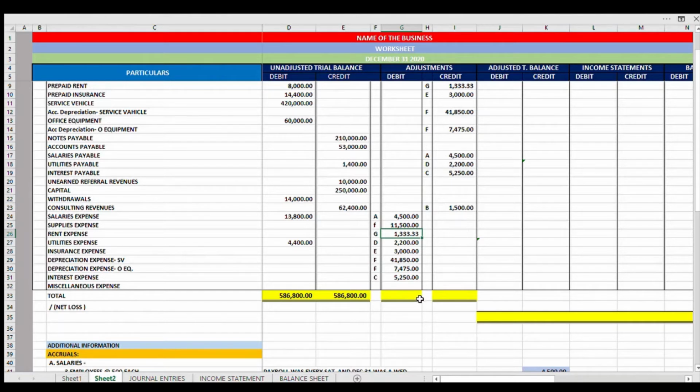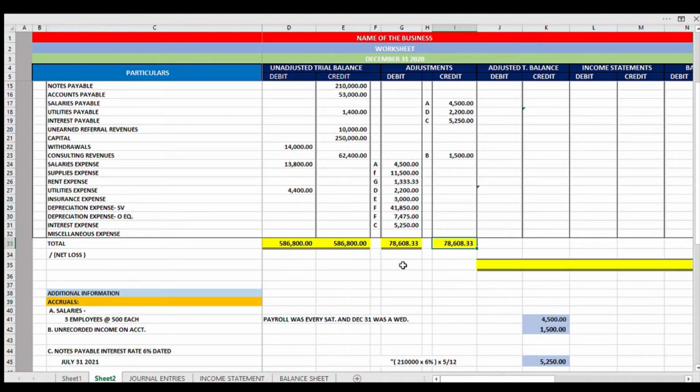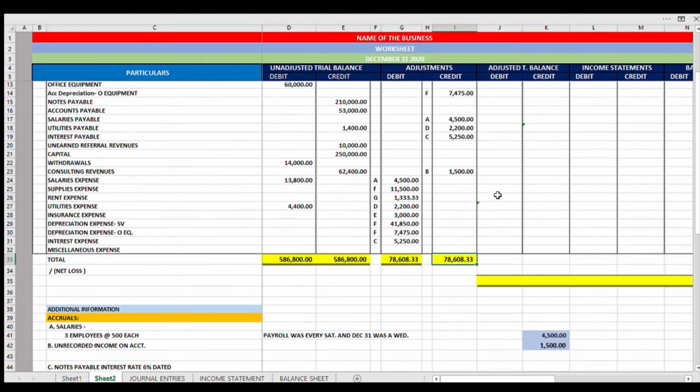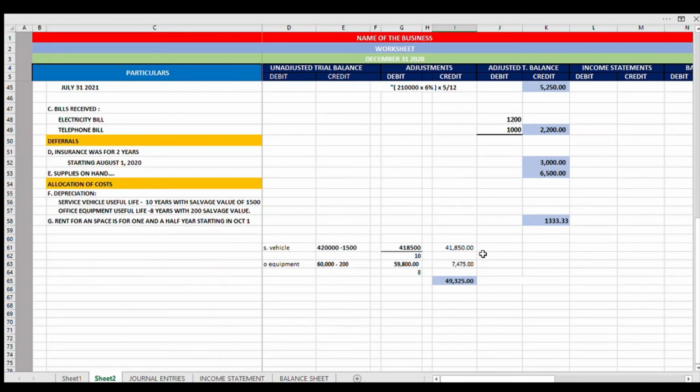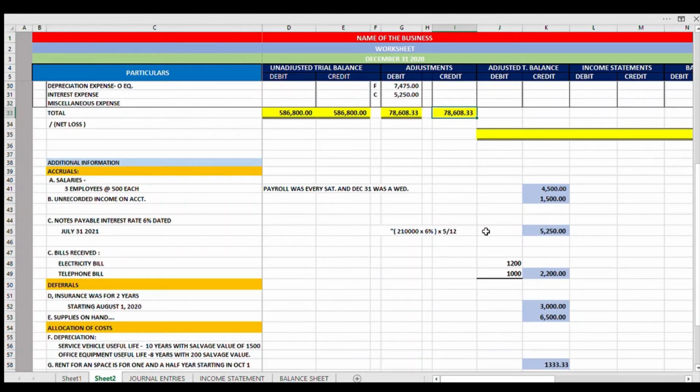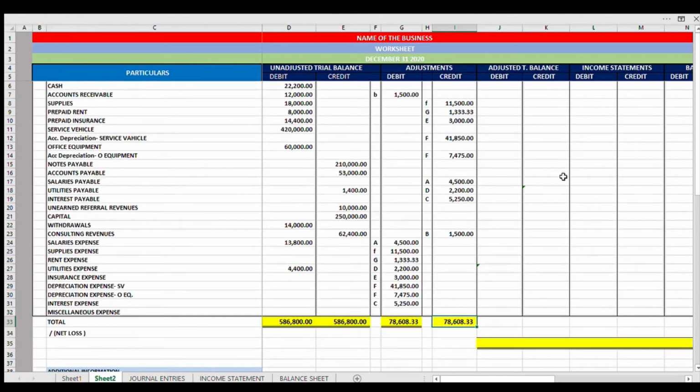Okay, so let us check the total of our entries. So we have 78,608.33 for the debit and the credit. So far, balance ang ating adjustment. So all we have to do now, since we have accounted for all of the information under the adjustments, is extend our accounts to the adjusted